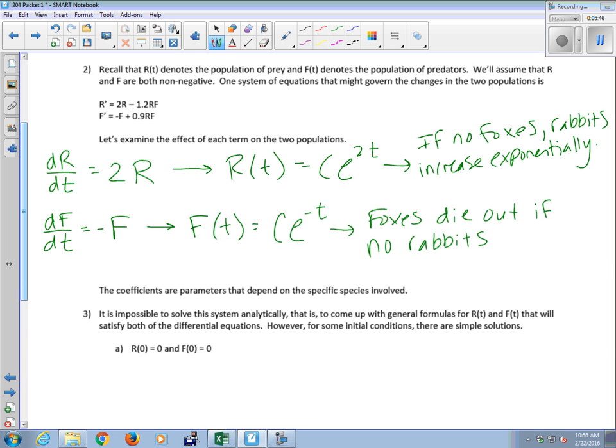Interaction. R times F is a way that we can model how often rabbits and foxes interact. And then we put a coefficient on it that tells us the importance of the interactions for each species. So if the 1.2 and the 0.9 are different, does that mean foxes kill rabbits more often than the other way around? No, it just means that